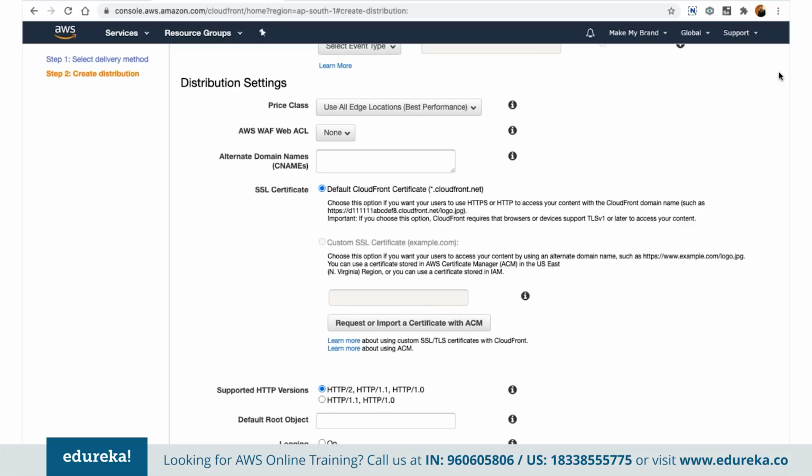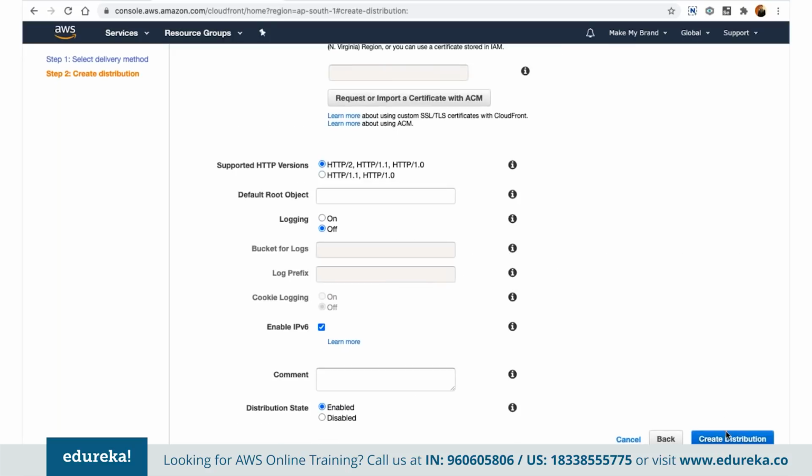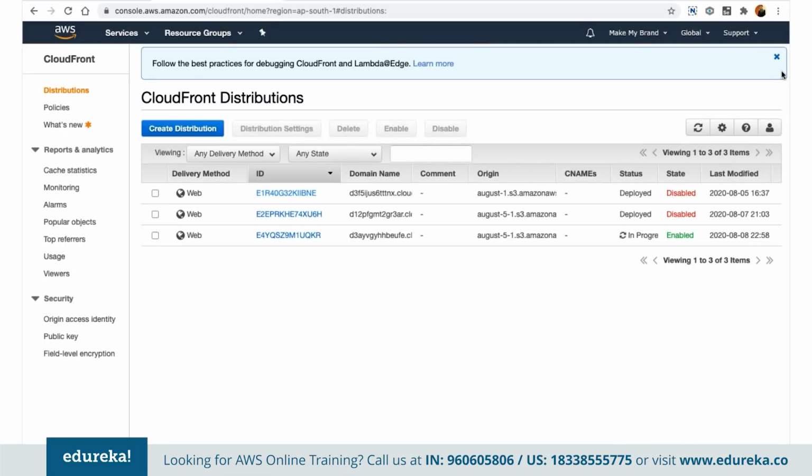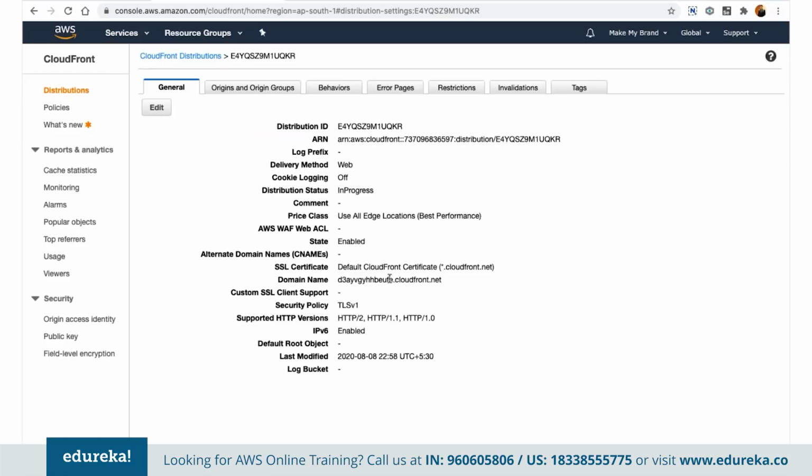And then, once we are done, we can click on create distribution, and this distribution is going to be deployed using this current bucket. And once you open the distribution, this is the domain name that we are going to get. Once this has been deployed, we can map this domain name, for example, to our own website, or get our own URL using any other domain routing service,